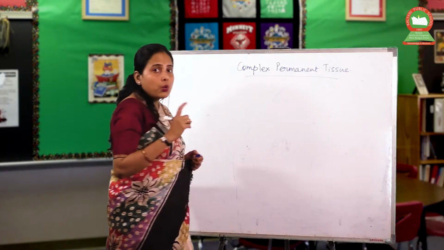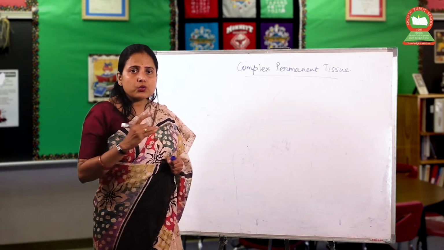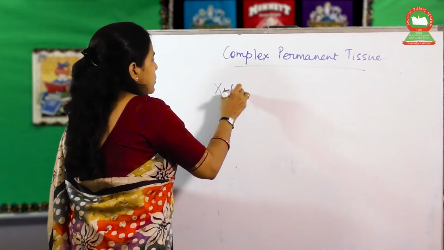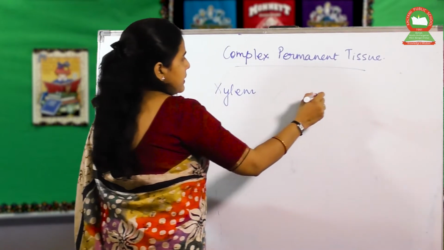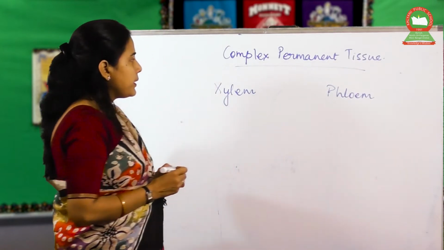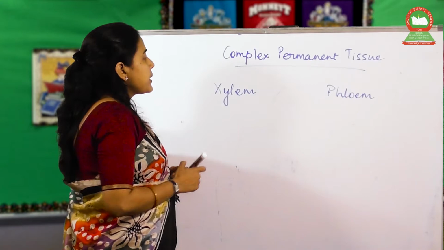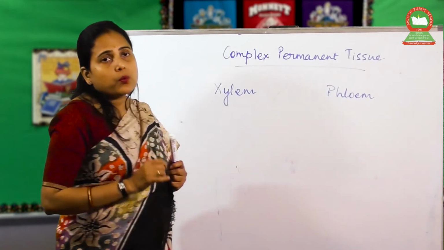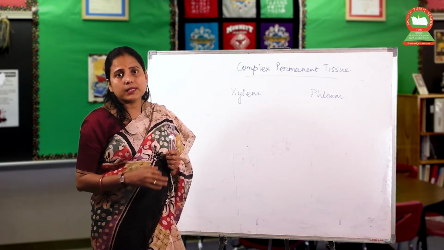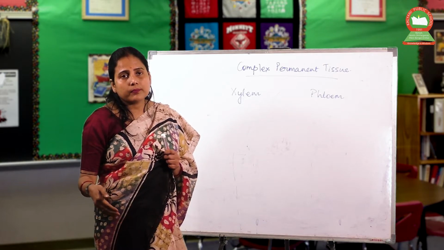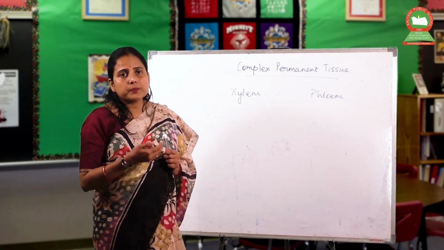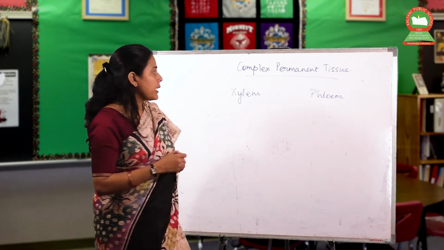Now this transportation is only possible if there are conductive tissues or conductive cells. These are done by two parts present in the plant. One is called the xylem, another one is called the phloem. Now let us discuss what xylem are. The xylem are those parts of the tissues which help in conducting substances or materials against gravity. They work against gravity. They pull the material from the soil and transmit it to the plant parts against gravity.